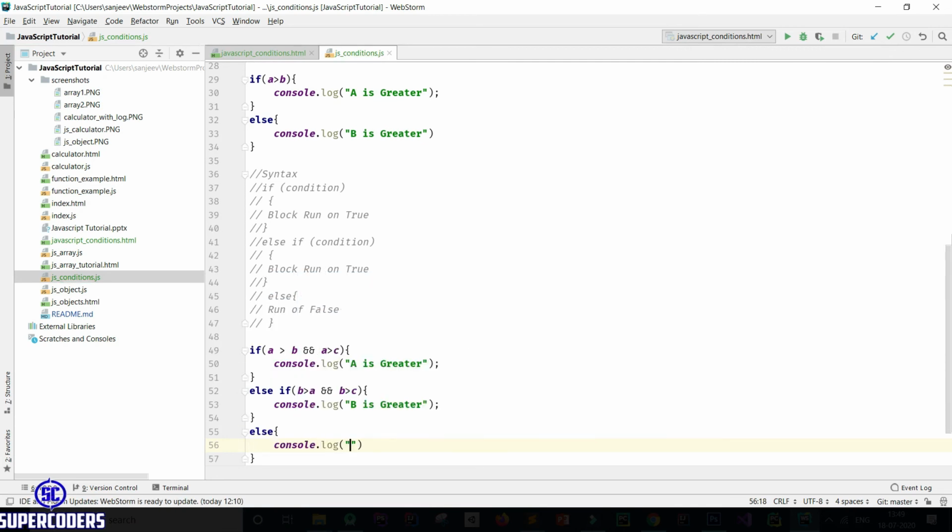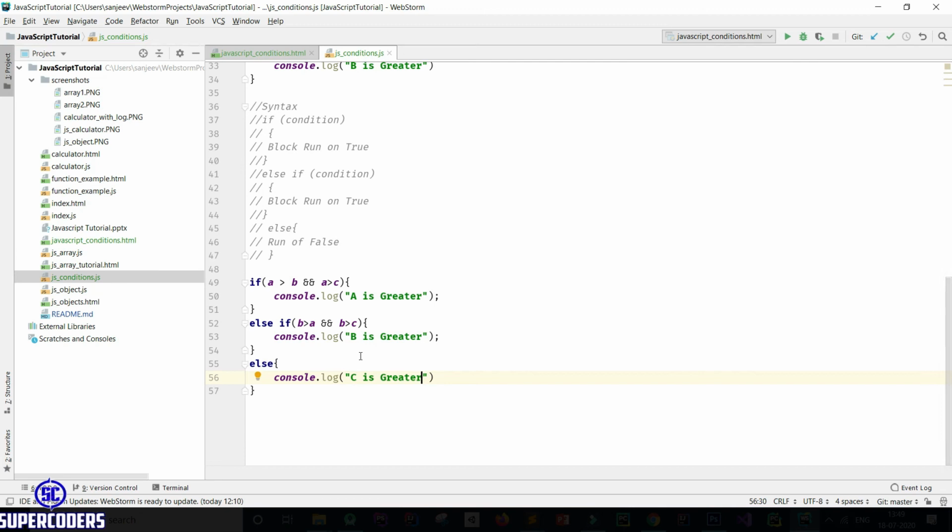So here first it will check a is greater than b and a is greater than c, meaning both conditions must be satisfied. If it's satisfied, then it prints a is greater, or else it will come to b, check b is greater than a and b is greater than c, then it will print b is greater, else it will print c is greater.